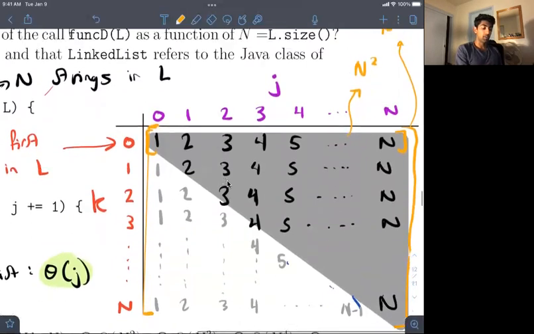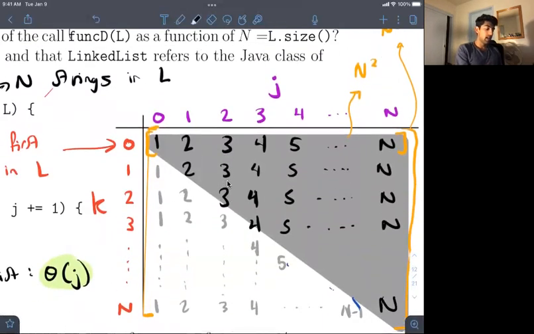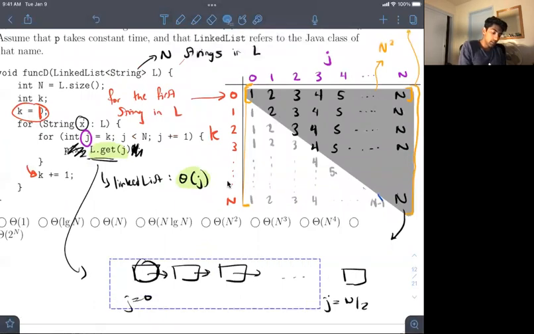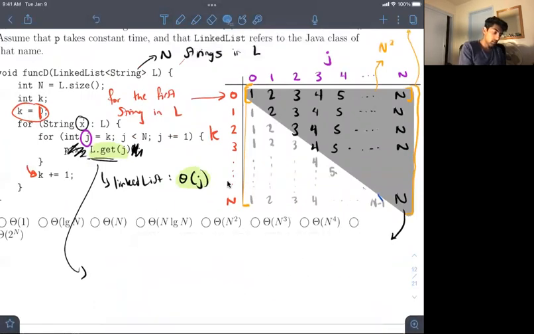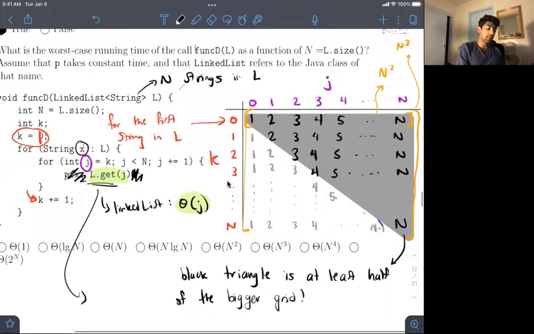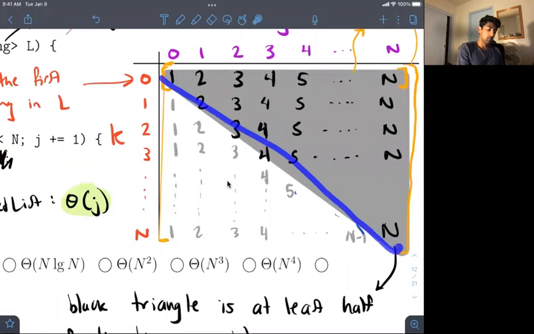So now what I'm going to argue is that this black section here is at least half of the bigger grid. Okay, so my claim is that this black triangle is at least half of the bigger grid. So one way you can see that is if you take this black triangle and